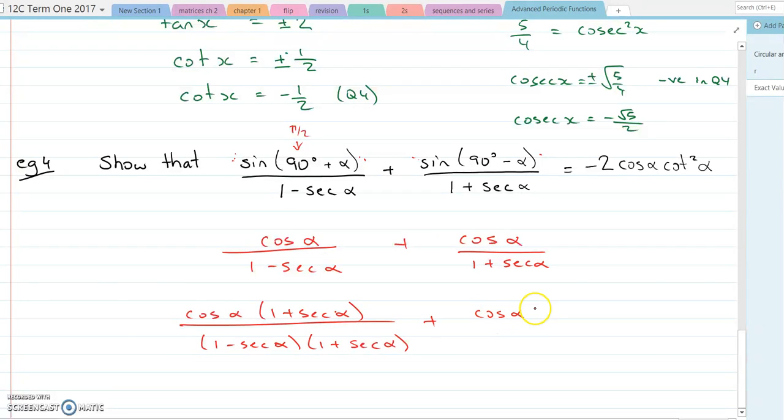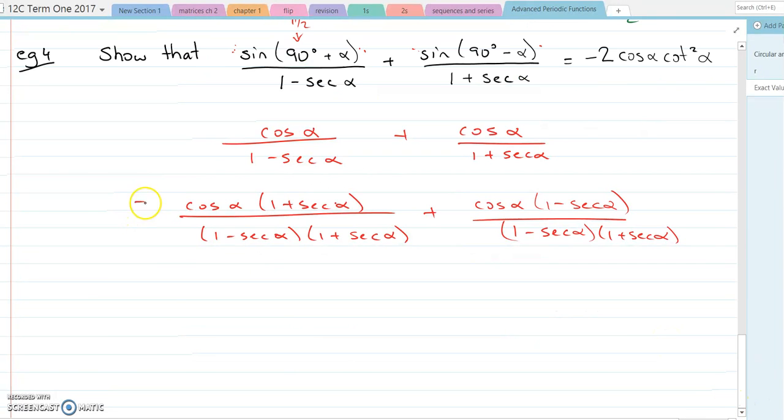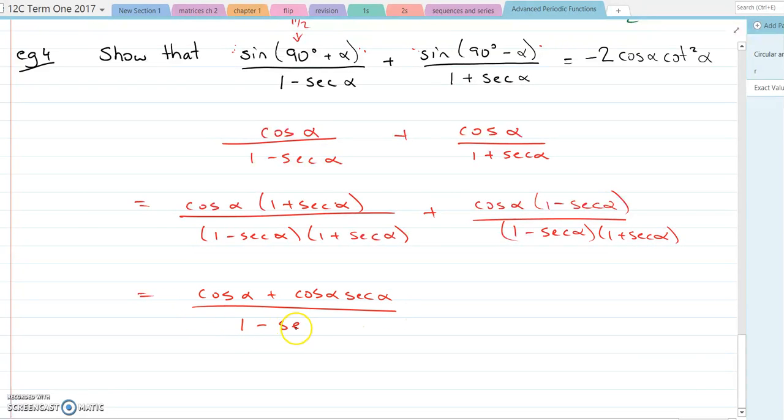Over here, opposite, 1 minus secant alpha over 1 minus secant alpha, 1 plus secant alpha. So then that becomes cos plus cos sec over, if we multiply this out, using that difference of squares rule, 1 minus secant squared alpha, and just expanding out the top, minus,